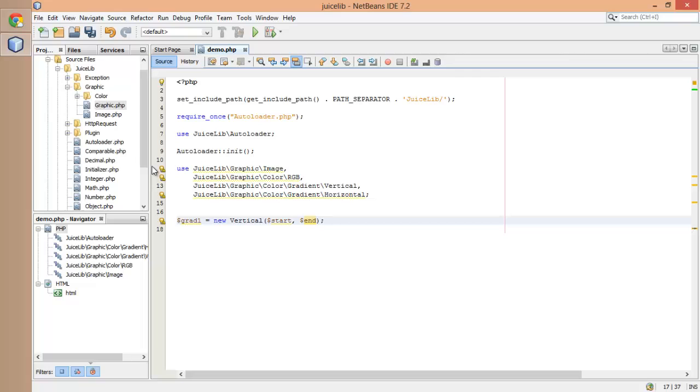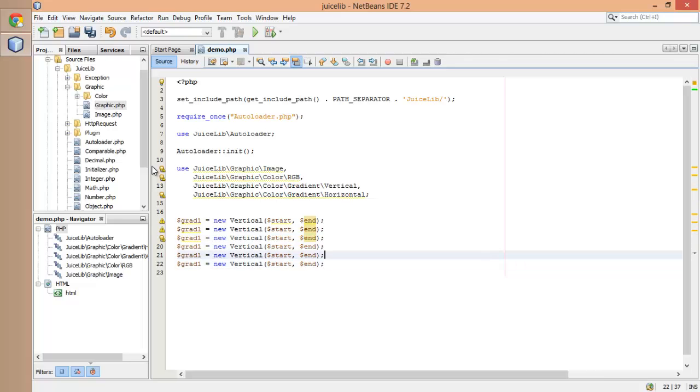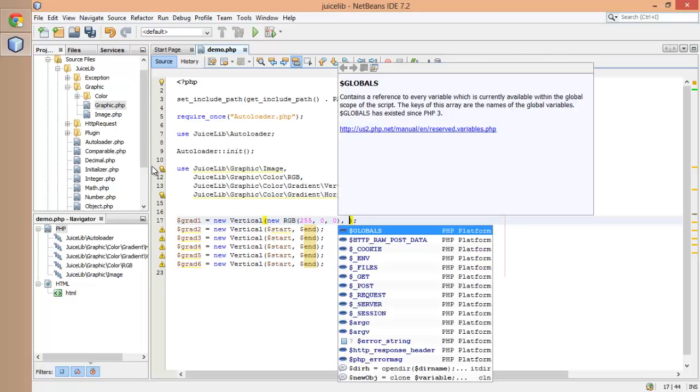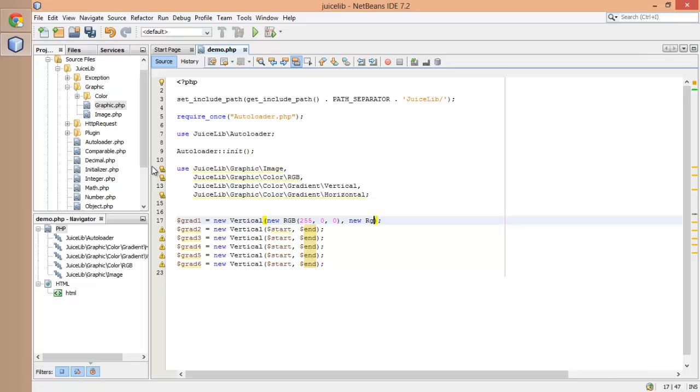But we're basically gonna need 6 gradients. So 1, 2, 3, 4, 5, 6. And then we're gonna have a new RGB, and we're gonna start from pure red, 255, 0, 0, and then we're gonna end in kind of this purple kind of thing. So it's gonna be 255,